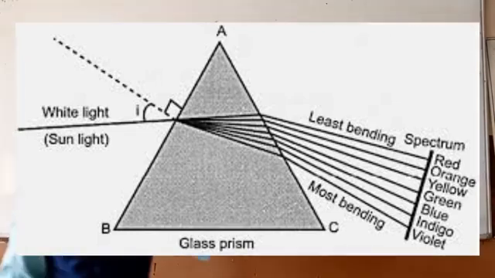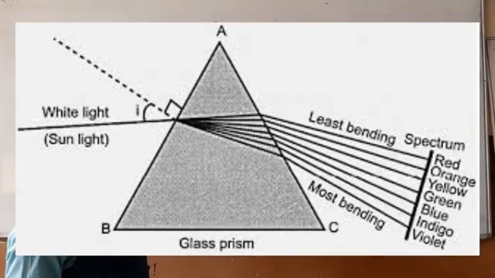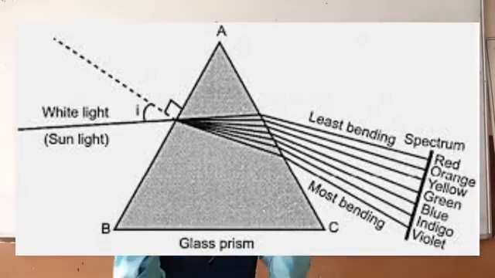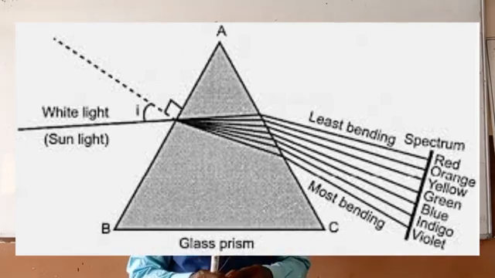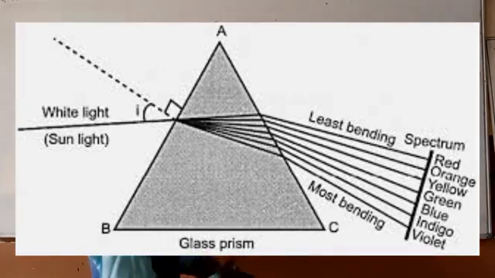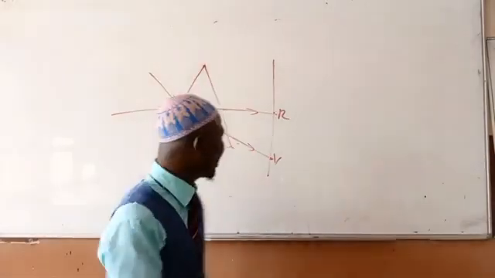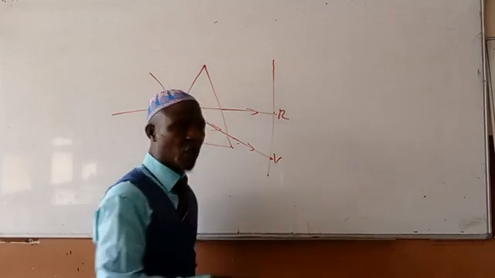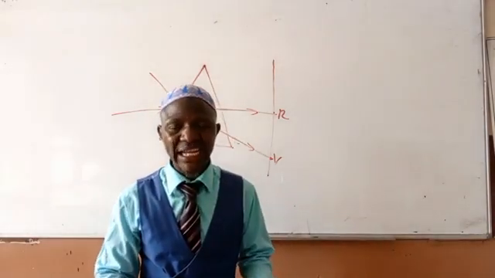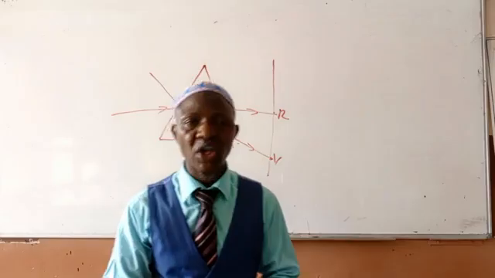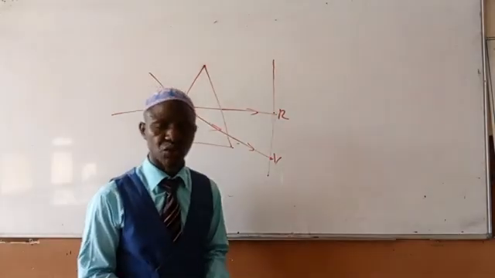And mind you, this kind of separation cannot give you clear colors, because the colors overlap. Before the end of red, you'll be seeing orange. Before the end of orange, we'll be seeing yellow. That's why we call it impure spectrum. Impure spectrum of white light.